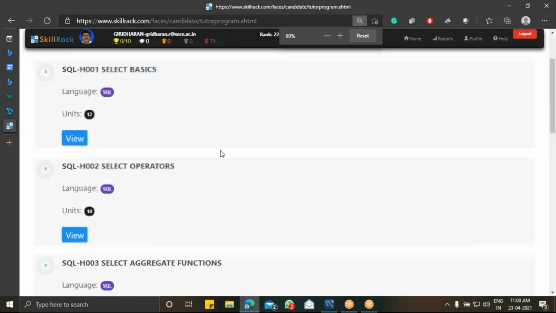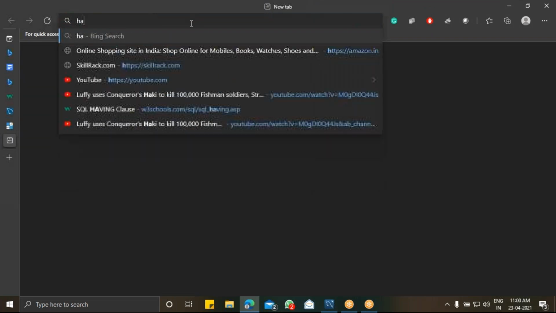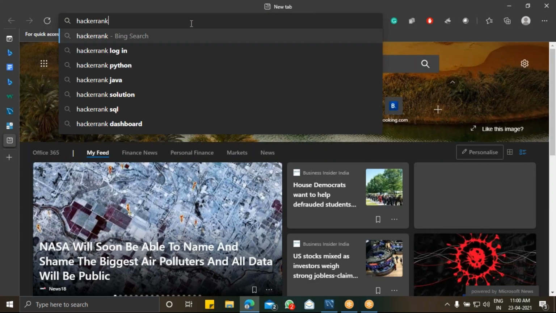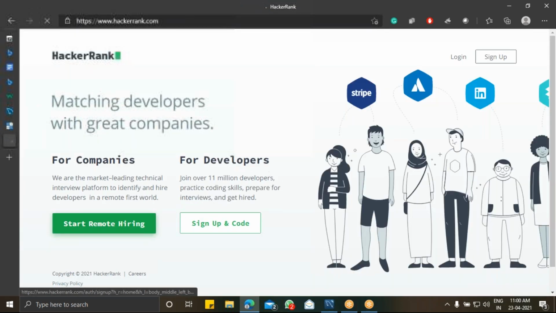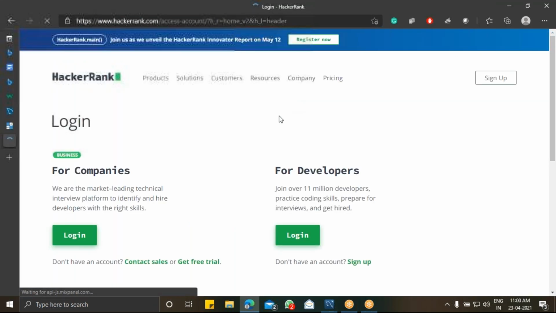If you have already completed this, go for HackerRank. Go to the HackerRank website. You will have this SQL module here.